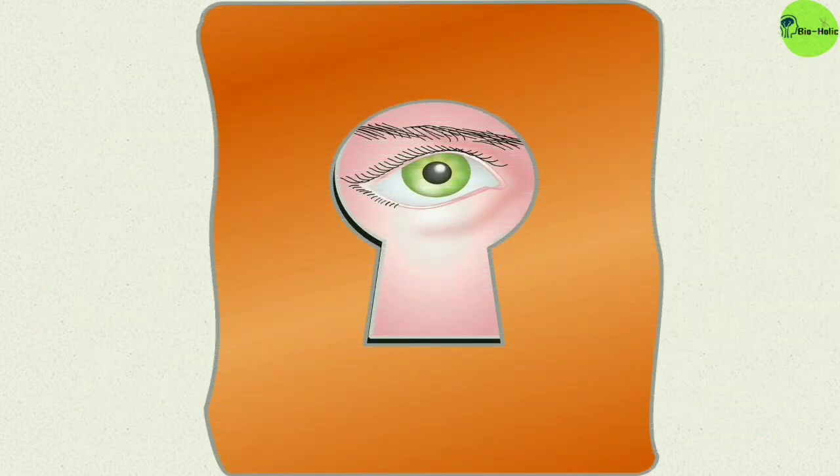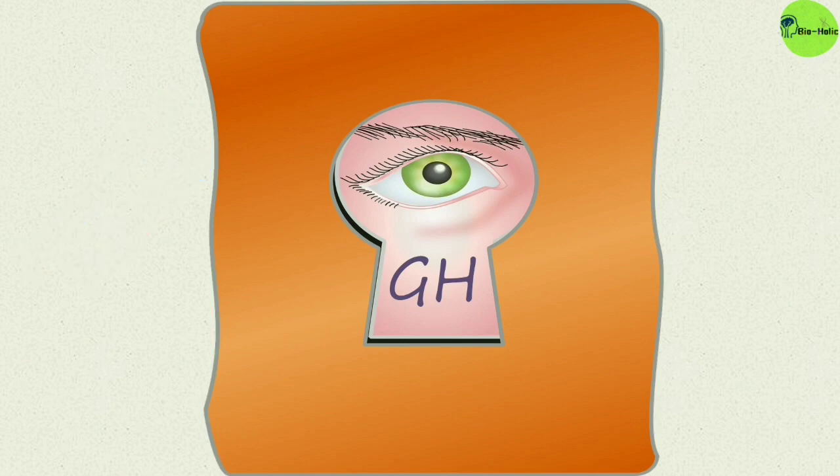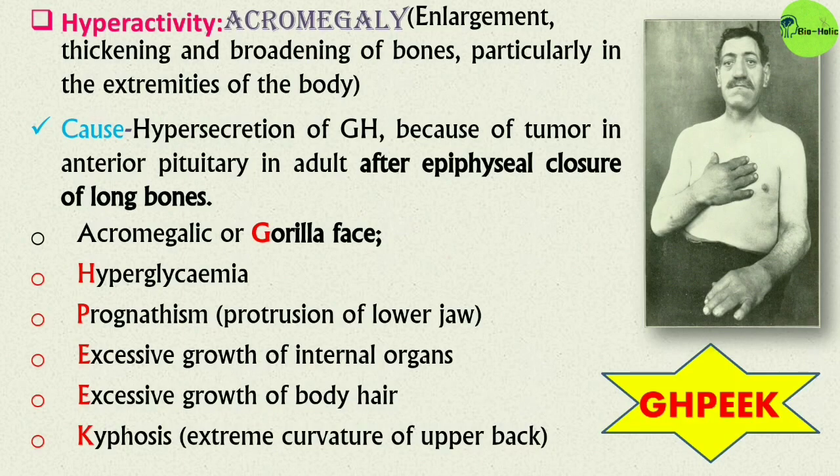You can also remember this as the sentence, again GH is speaking. Suppose this human being is GH and he is speaking. So here A stands for acromegaly, G stands for gorilla face or acromegalic face, H for hyperglycemia, P for prognathism,